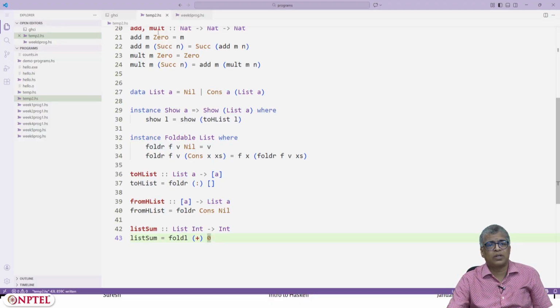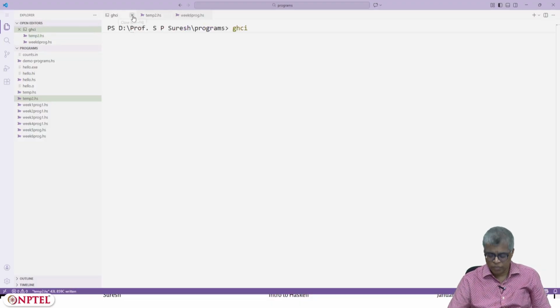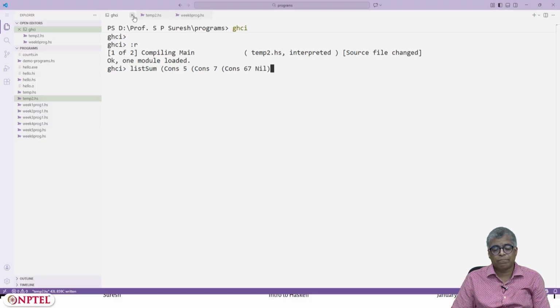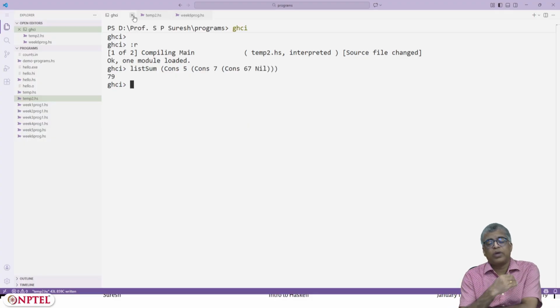Let's try to run this in GHCi and see if it works. Let's first see if it compiles. It does compile, and I can do list sum of, and now I should give a list in my style: Cons 5 (Cons 7 (Cons 67 Nil)). You will get the correct value. 5 plus 7 plus 67 is 79.